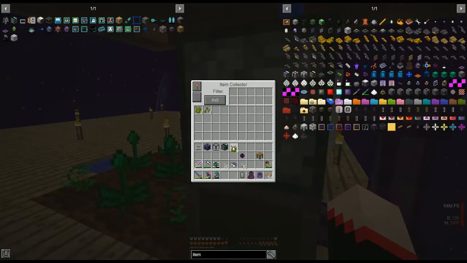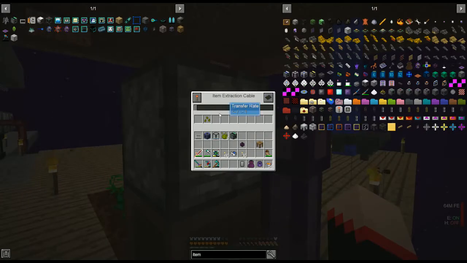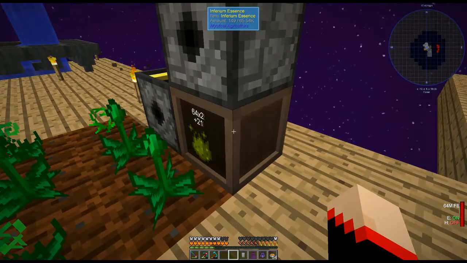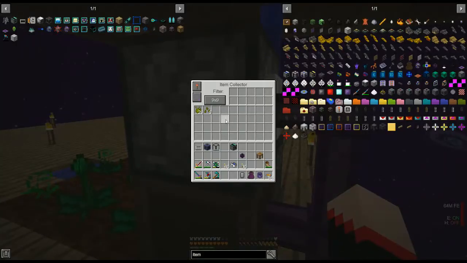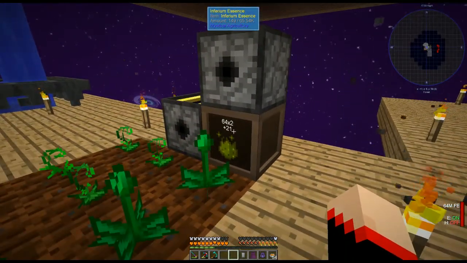Okay, so what if I just put it on whitelist? Whitelist these. Maybe it has to go into a chest. I don't know why that isn't doing it. So I might have to mess with that. But